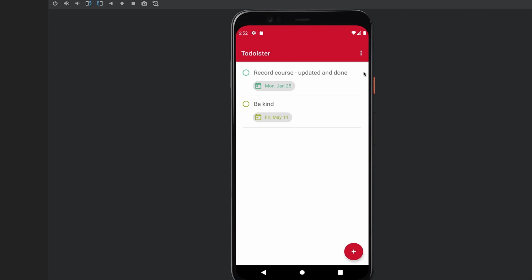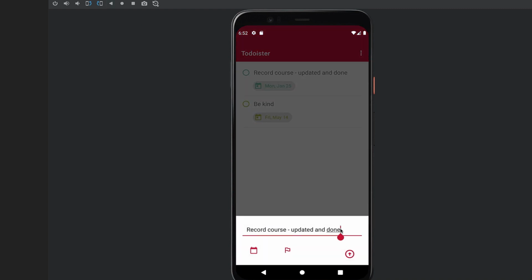Okay. And also you see we have these 3 dots here. This is what we call the hamburger menu button. If you click here, there's this other button that is extended. If you click that further, you can see it takes us to this about screen. Okay, very good. So I can go back to the main screen and we can keep adding even more items